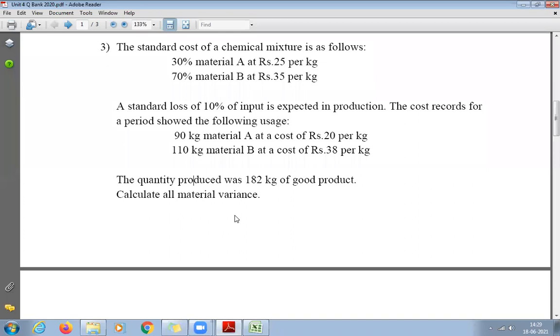Sir, total amount is given, and total quantity is given, 182. Listen, we multiply the actual quantity produced of good material. Now on that we cannot calculate because it is the actual output, that is good output, but there was also a loss, because loss will come after you mix it. So in the input you have a loss there. So we have to consider that loss also.